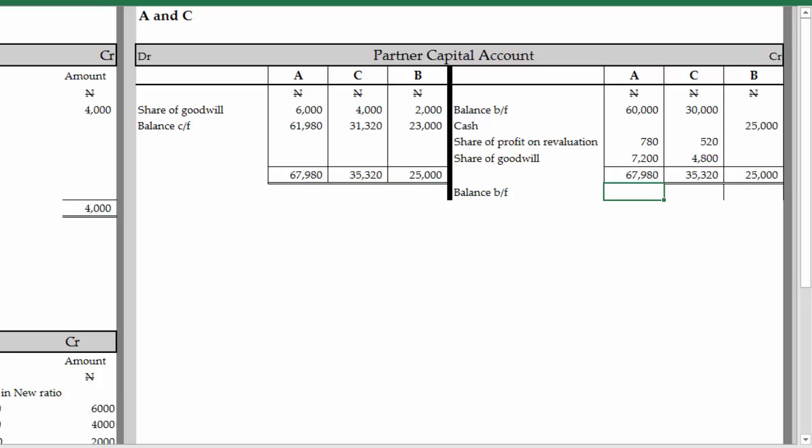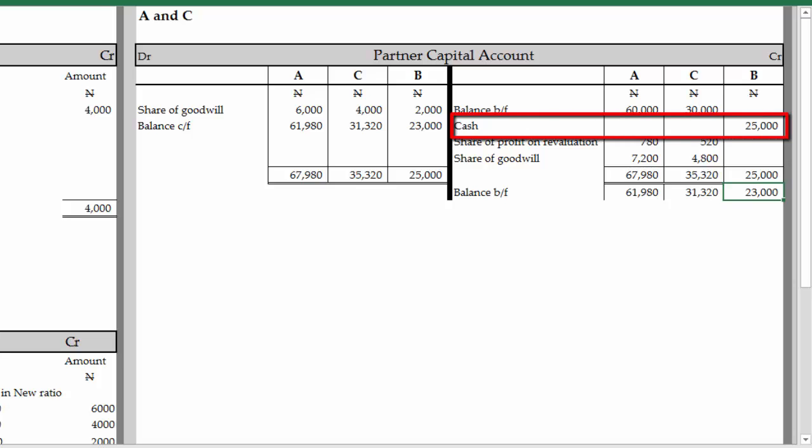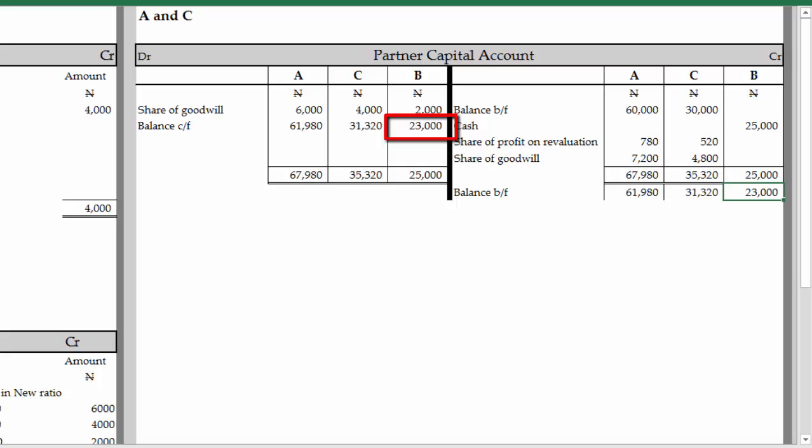So the balance brought forward on the credit side will be 61,980 for A, 31,320 for C, and 23,000 for B. You will see that though B brought in 25,000, what he is having as of now is 23,000. Why? Because he has paid 2,000 as his own share of goodwill, paying 1,200 to A